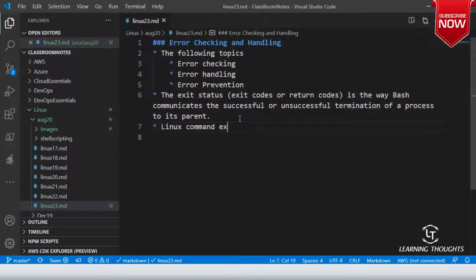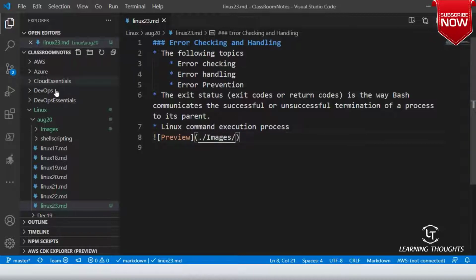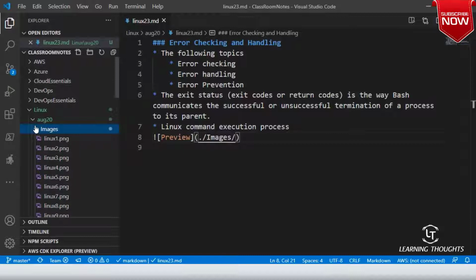Linux command execution process. Oh man, one mistake I've done.